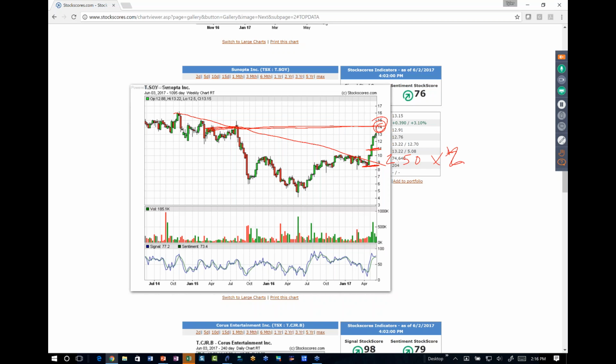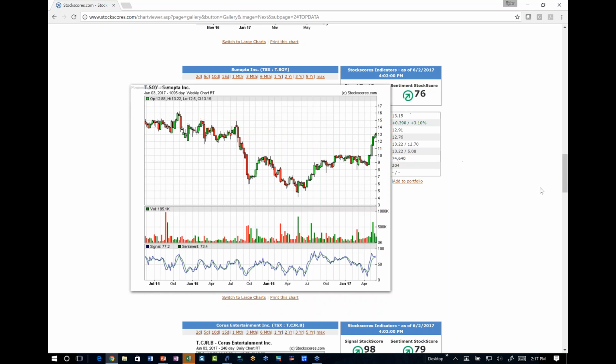Okay, so if I'm taking $2.50 a share in risk, that means I need $5 of upside. Well, to go from, say, $11 to $14, that's only $3 of upside. And that is why I didn't personally take that trade, because I think that it's going to get stuck at 14 and it's just not enough upside for my risk.